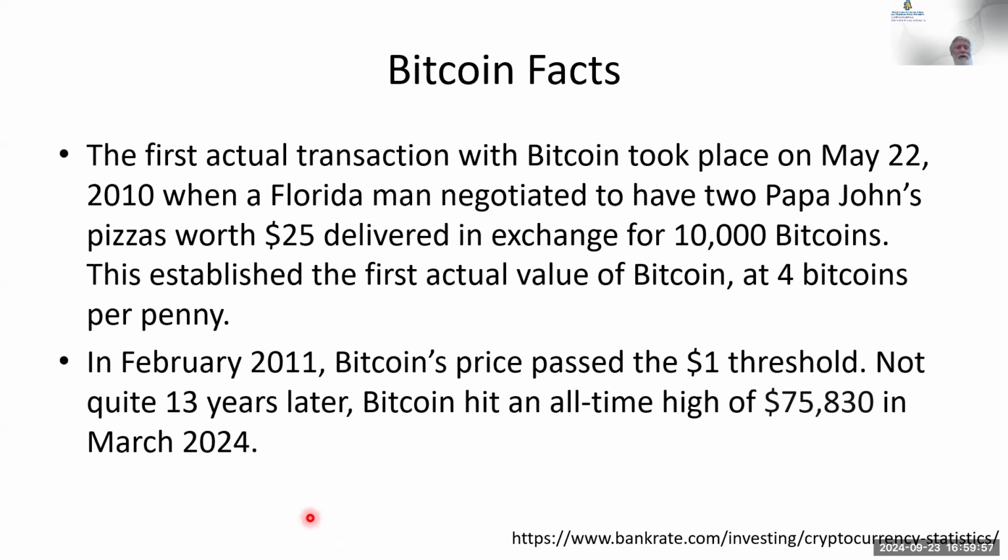Interesting Bitcoin facts that I got out here. The first Bitcoin transaction was to buy a couple Papa John's pizzas. Somehow the fella convinced the delivery man to take 10,000 Bitcoins for the pizza. That, of course, was a $25 pizza, so you do the arithmetic, and that means Bitcoin's worth a quarter of a penny. Might point out that if the delivery man saved 10,000 Bitcoins, it'd be worth $632 million today.